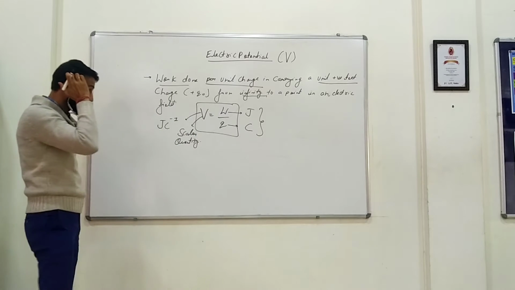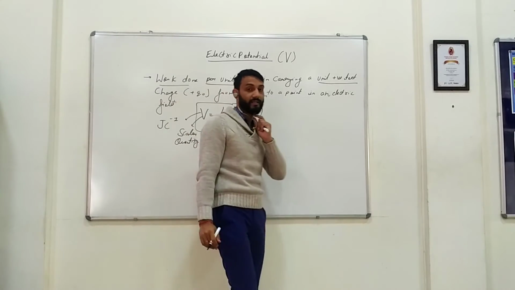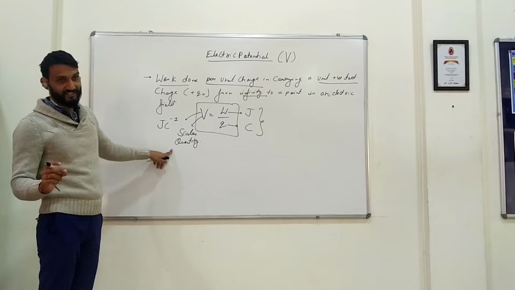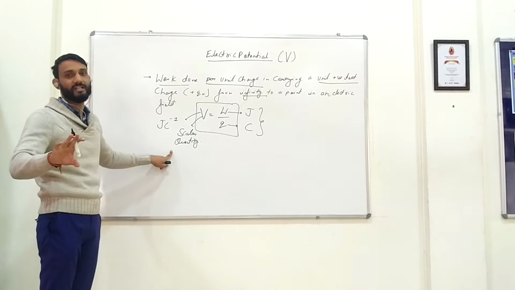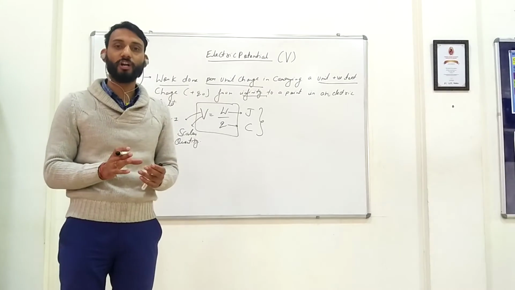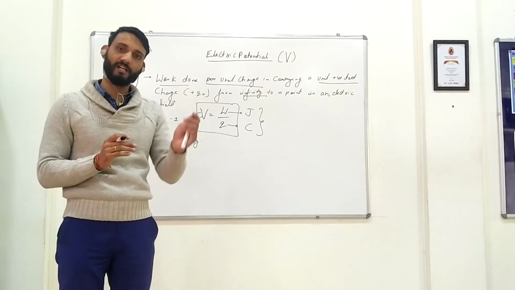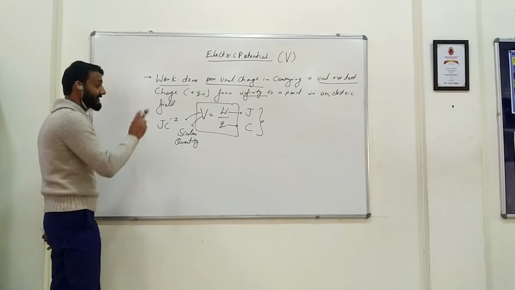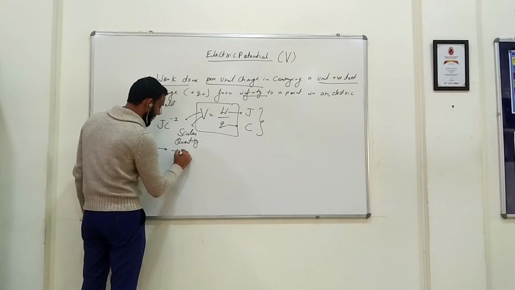Now let me tell you a very important thing. If you remember, for electric field, the electric field for a positive charge is positive and the electric field for a negative charge is also positive. It means in the case of electric field we do not consider the sign of the charge. If it is a positive charge we write it the same way, and if it is a negative charge we write it the same way. But that is not the case with electric potential. So negative charge